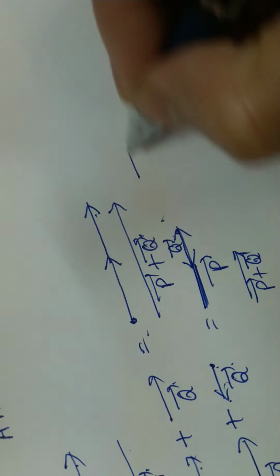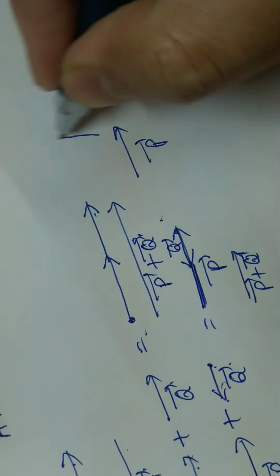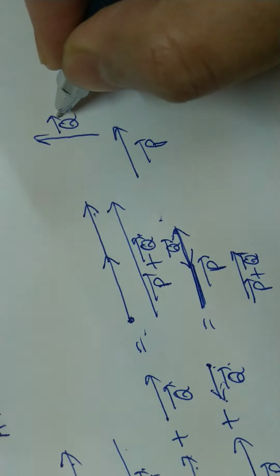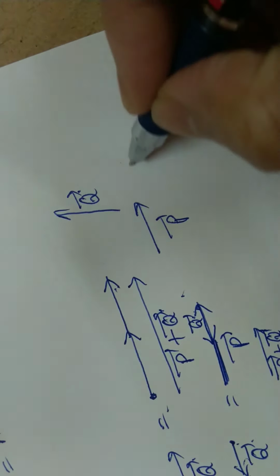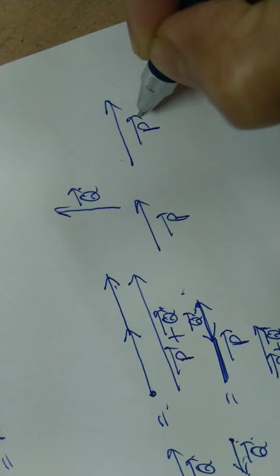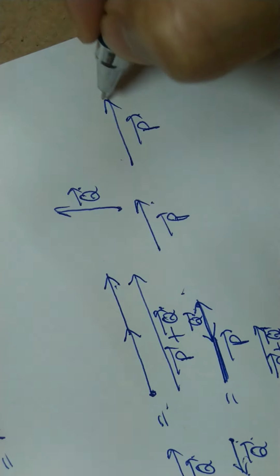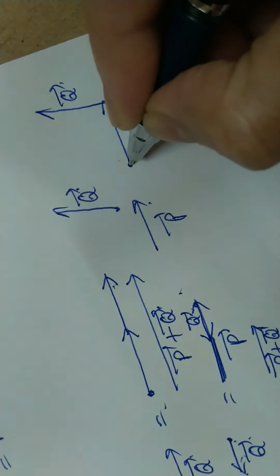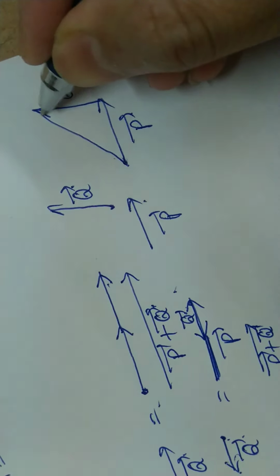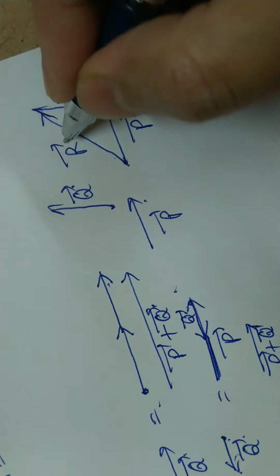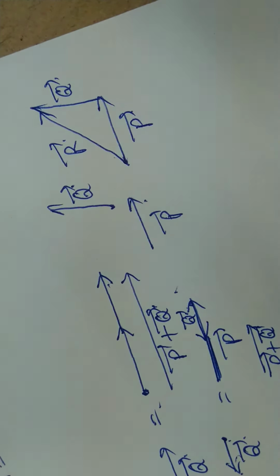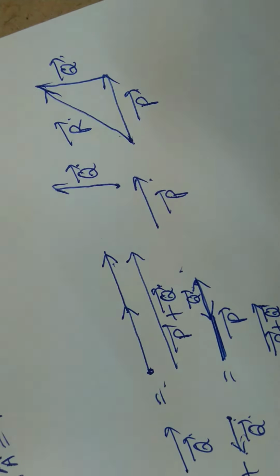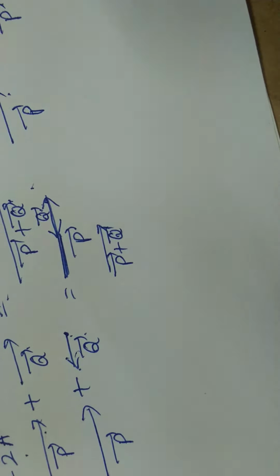And if we have these two vectors p and q in a different direction, then how do we represent them? Again we draw the p vector, the tail of this to the head of this, that is the q vector, and the first tail to the last vector's head will give the resultant, that is the r vector. So this is the simple method how we add two given vectors in given directions, because we don't change the direction of these two vectors.